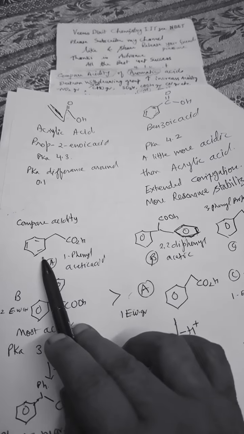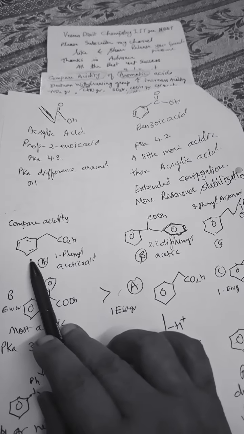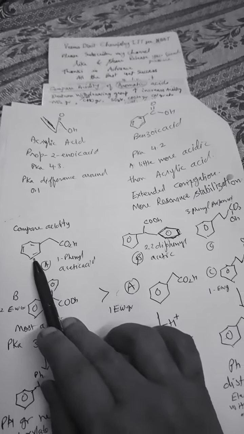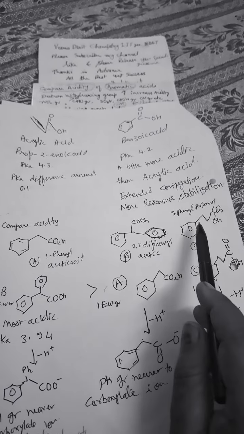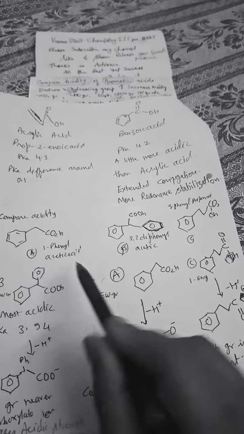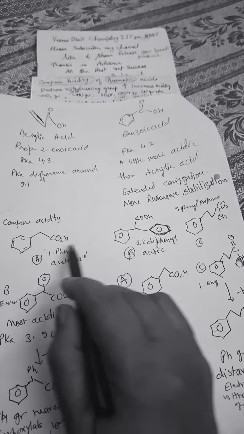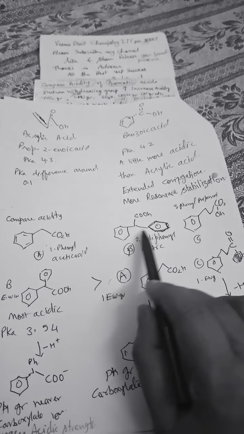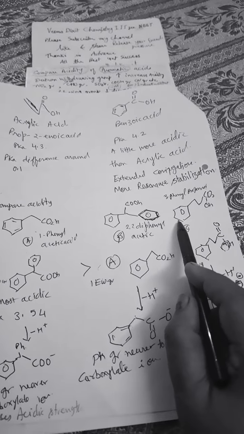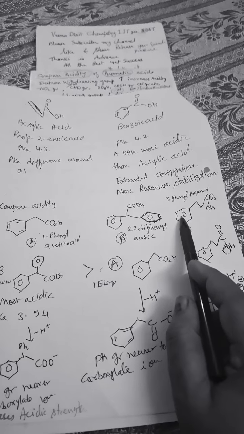So what you are watching here, all of them have a phenyl group, a benzene ring, and this benzene ring is an electron withdrawing group. It is an acid strengthening effect. An electron withdrawing group causes a minus I effect, which increases the acidity of the carboxylate ion because of the resonance. And second thing, the more the number of electron withdrawing groups, the more the acidity. Third, basic concept: the farther the electron withdrawing group, the acidity will decrease.